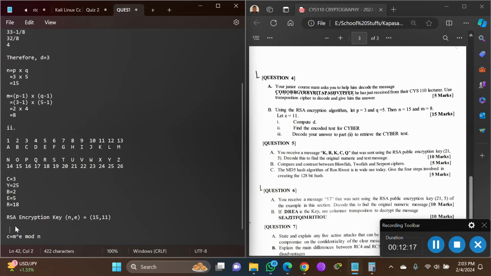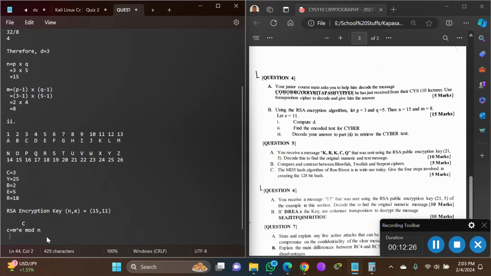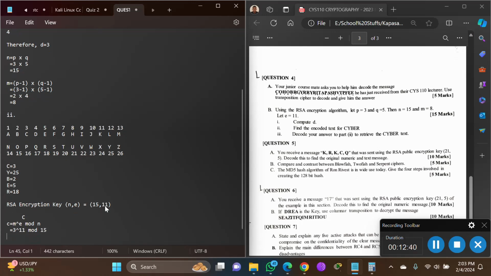So for this one, we will start by encrypting the letter C from the word cyber. So C is our plain text to represent M, so it's at number 3. So we say 3, then power. Our E, as you can see, is 11, so 11, then mod N, so our N is 15. Now,